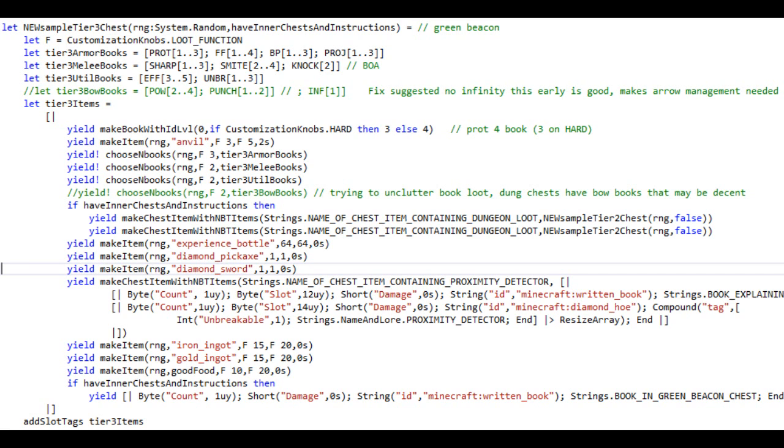And so it will choose random books out of protection 1 through 3, feather falling 1 through 4, blast protection 1 through 3, or projectile protection 1 through 3. And similarly, it's going to choose 2 tier 3 melee books and 2 tier 3 utility books, things like efficiency and unbreaking. It will have inner chests and instructions that